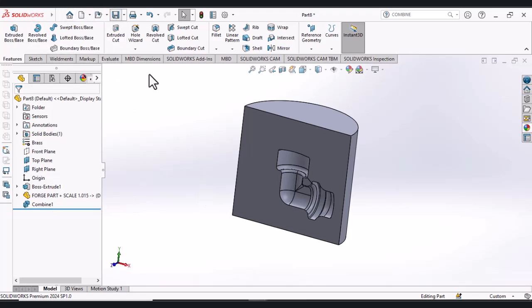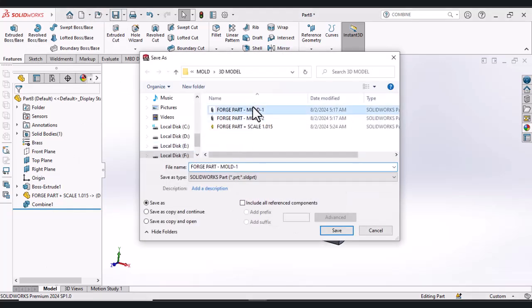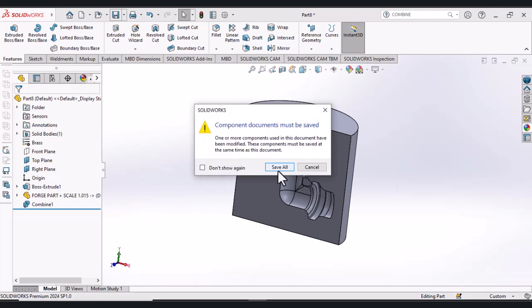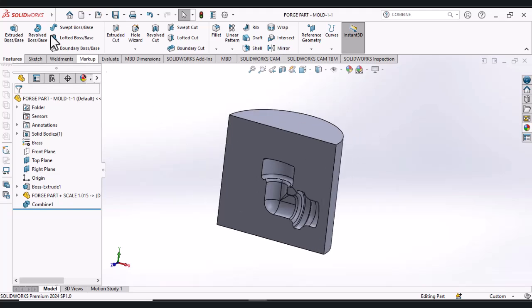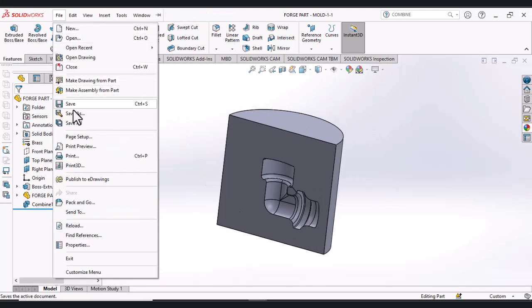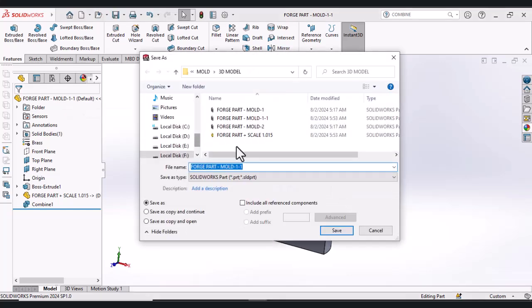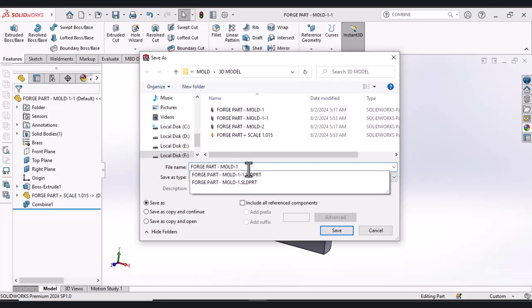We save the piece. Its name be mold1-1. We copy a number from the file and we save it as mold1-2.